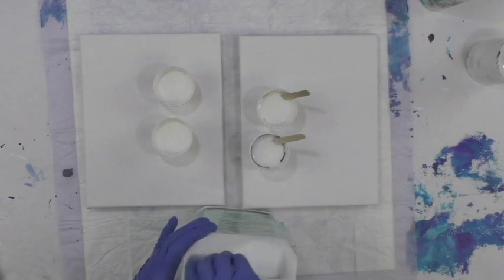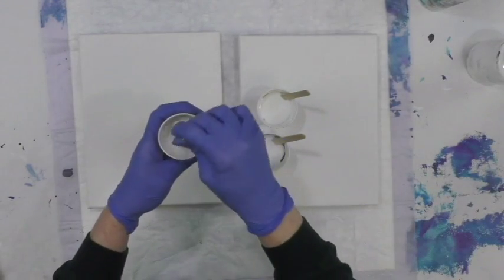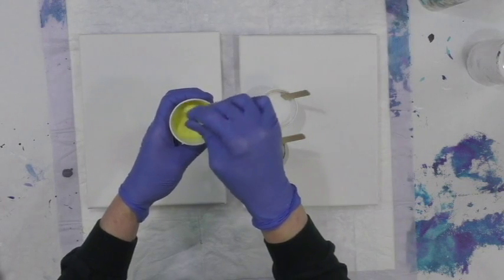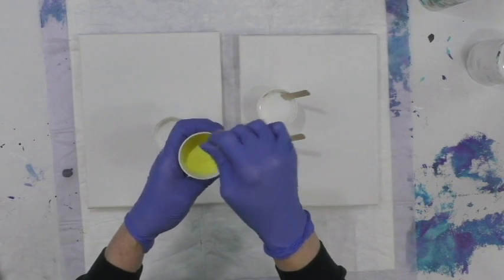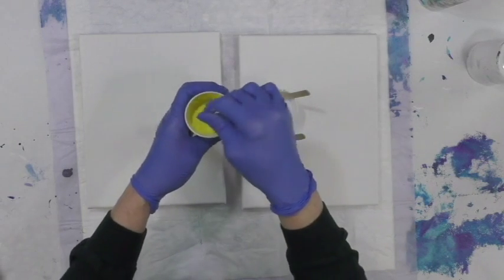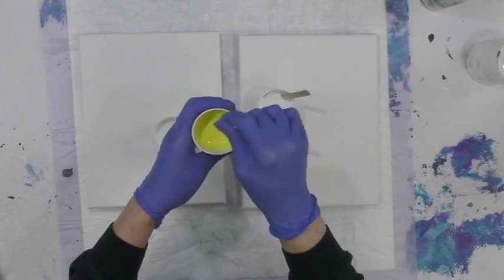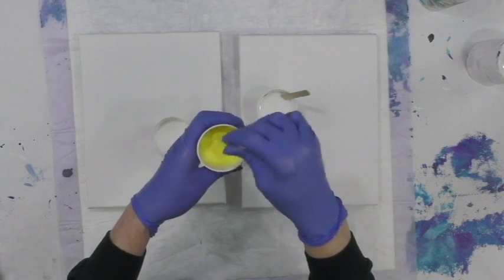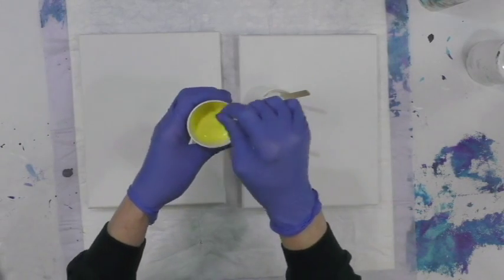People outside of America can't always get Floetrol, so that's why I demo the Oatrol, just to show that there's other products out there. But this is very creamy and rich, and it also is very self-leveling. I have less flutters in it, and it often dries to a more satin sheen than a matte sheen, which is very nice. It takes very little of the Oatrol,